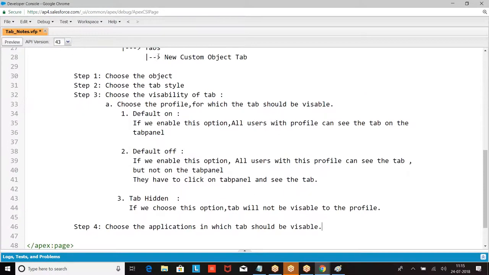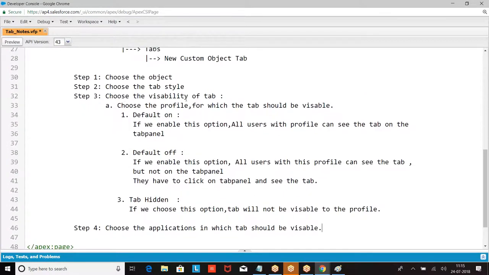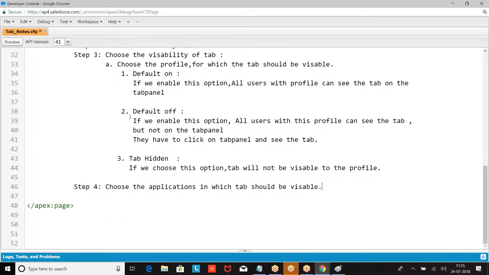Choose the object, choose the tab style, choose the visibility of the tab, then choose the applications in which the tab should be visible. Right, boss? I hope you are good with this.